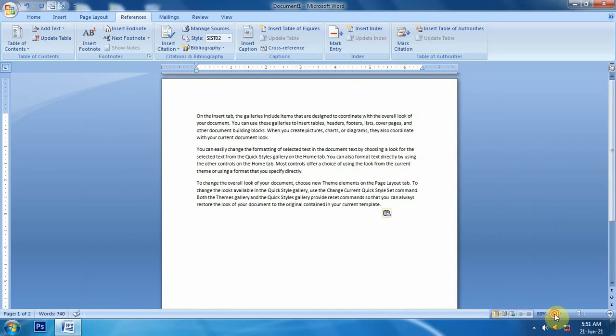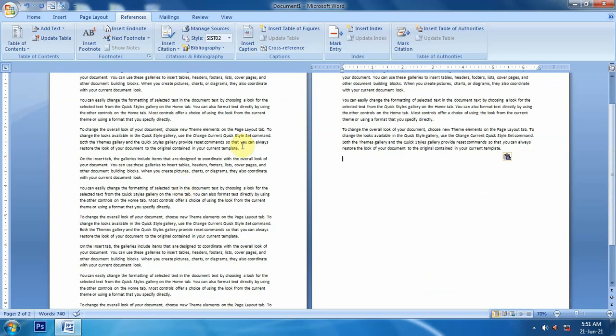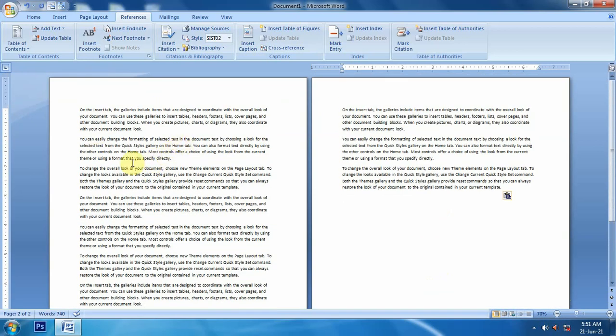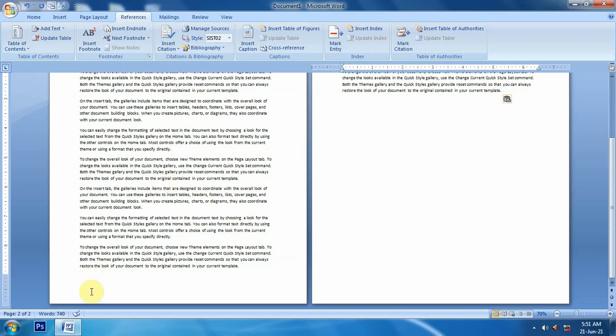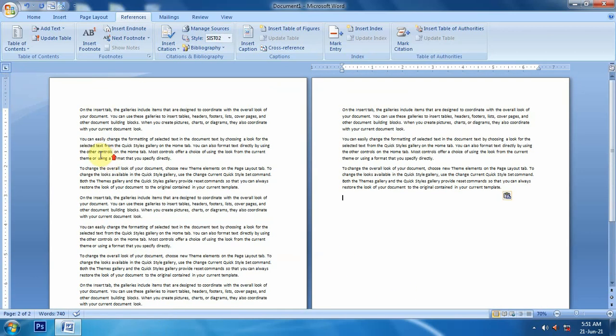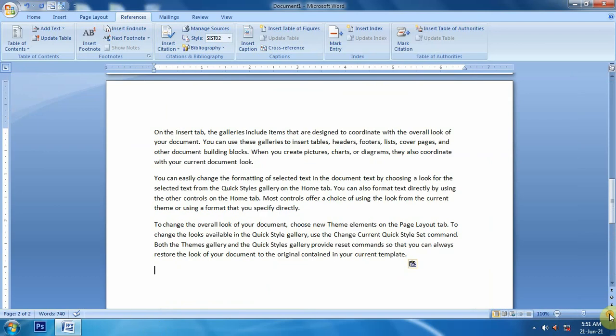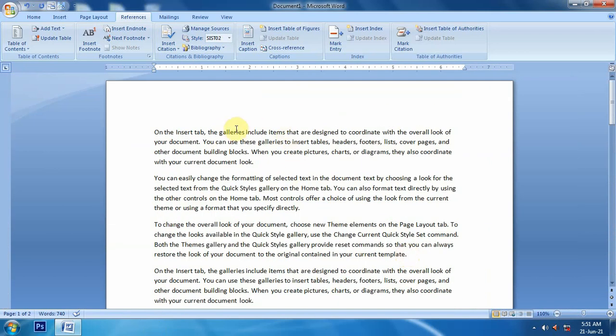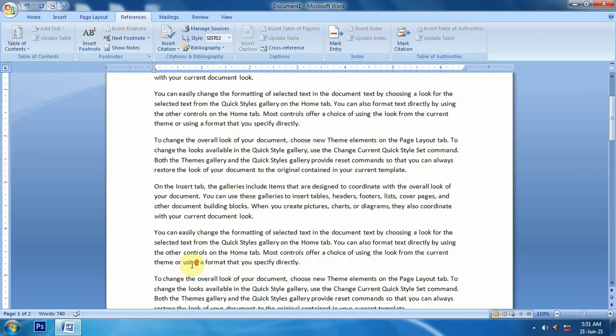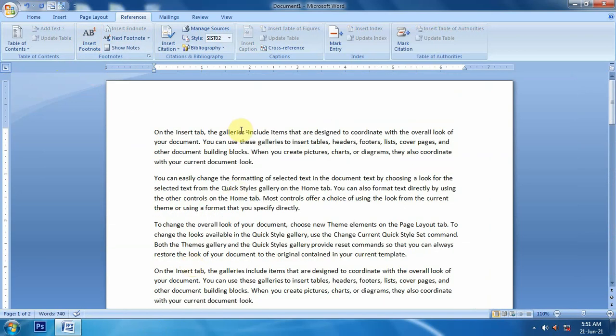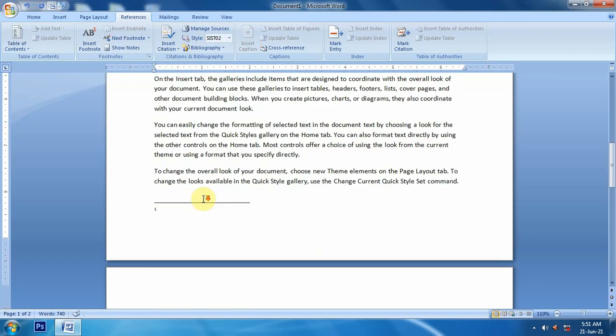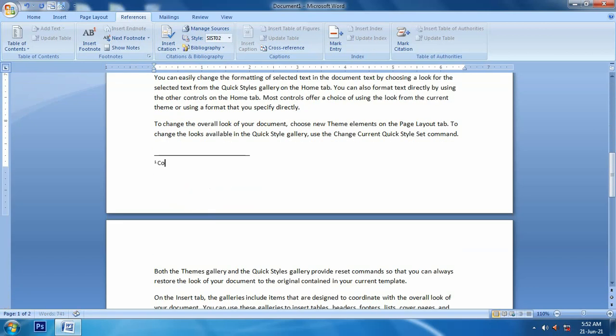Now we can look here. These are two pages. If we insert a footnote, the footnote always shows at the end of the page. Suppose I select gallery and insert a footnote. In the footnote we have to explain this word. Both in footnote and endnote we have to explain the details or related topics about the word on which we are placing the footnote or endnote. So, like gallery, I will give its definition here. Gallery, collection of images.